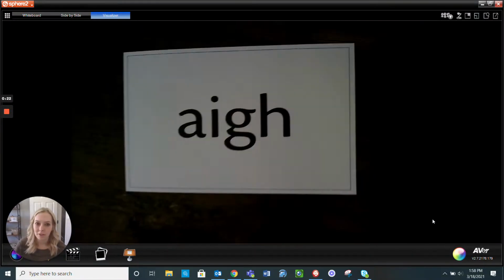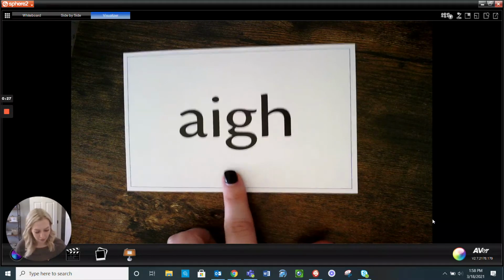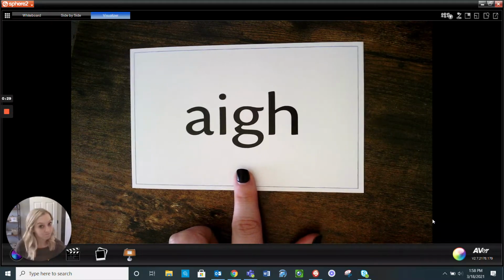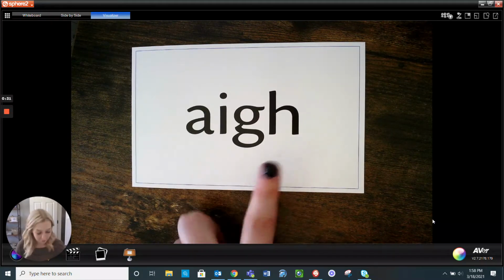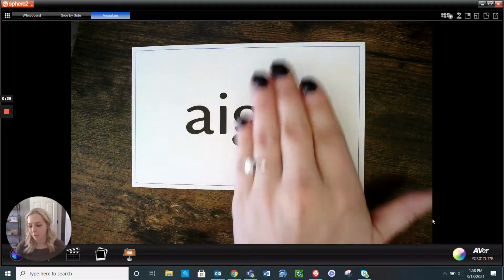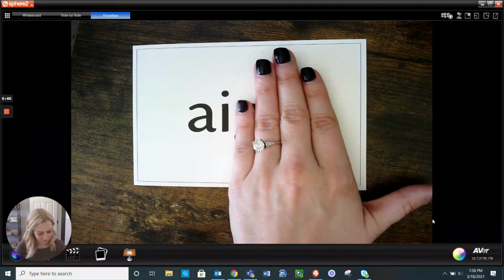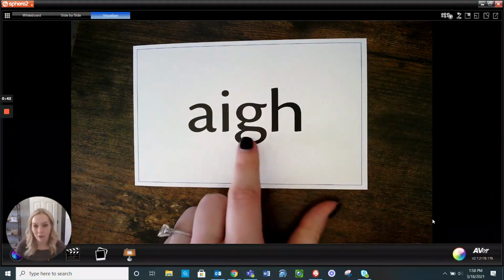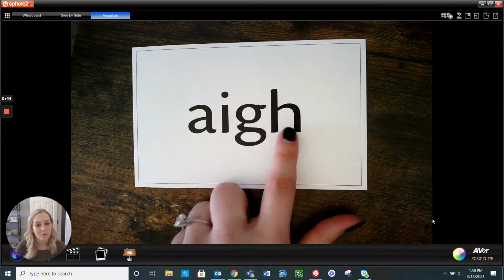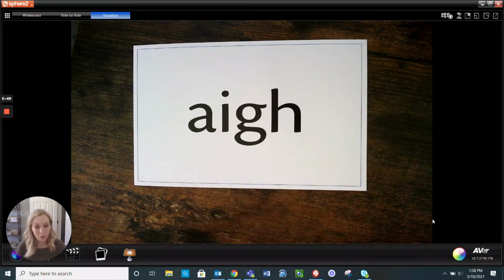All right, let me turn that light off. Here we go. What would you guess this phonogram says? Maybe A? And I think you might think that because it might be related to A, that is AI. And we know that we don't pronounce English words that end in this GH phonogram. So you're absolutely right. If I were to write